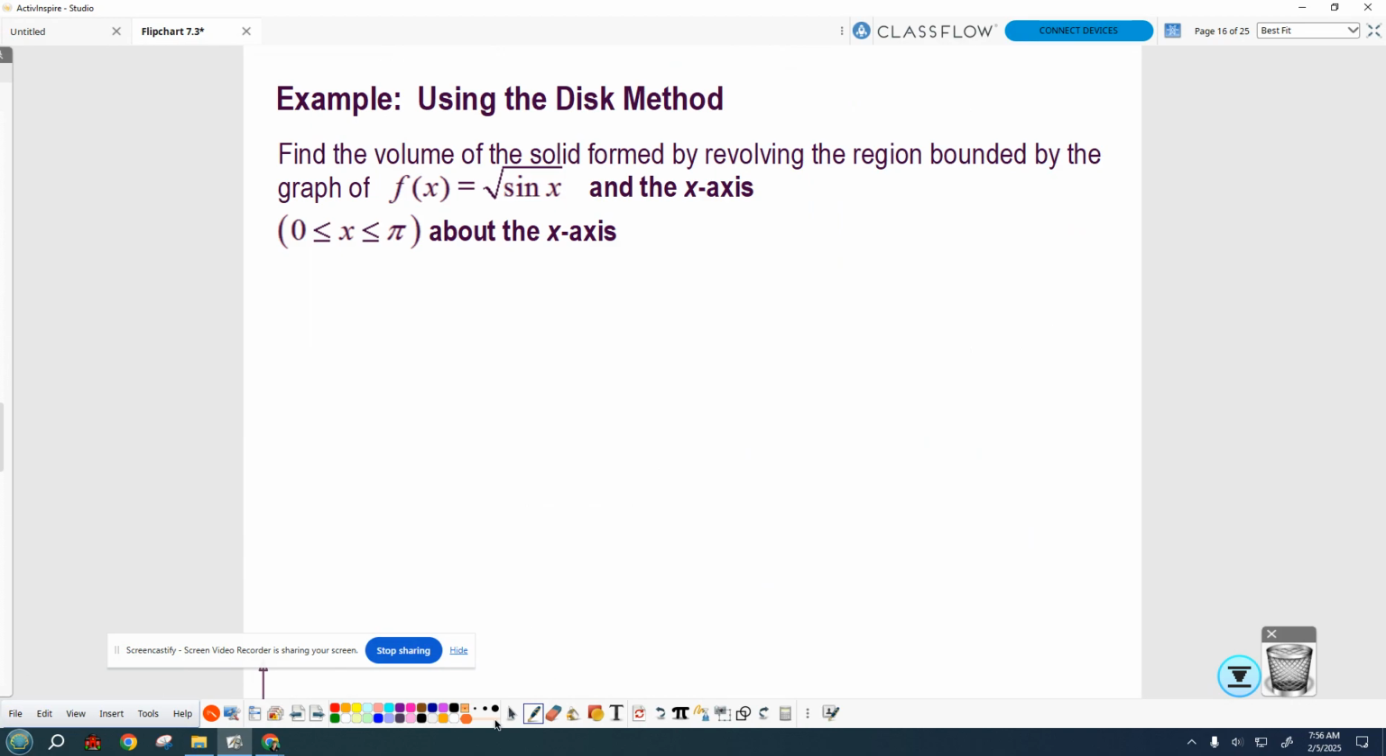Okay. So first thing, draw it. What does, without a calculator, the square root of sine x look like? Just the positive part of the sine. Okay, so just the positive part of the sine curve. So sine curve, 0 to pi,